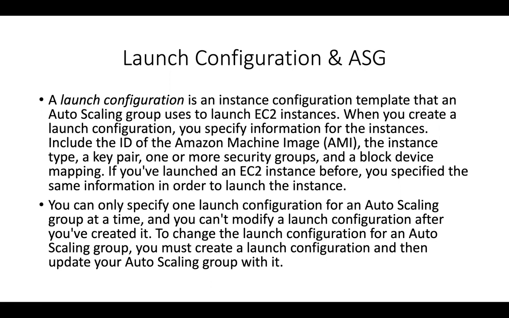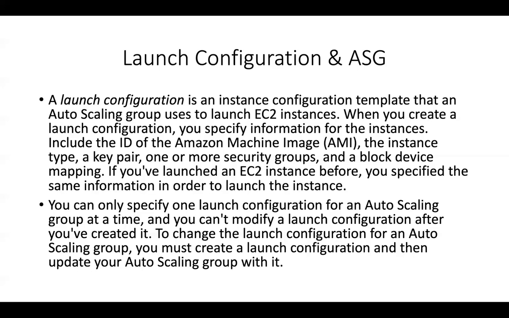So when we look at the demo for this, you will get to know that the launch configuration is nothing but the exact same steps that we will do when it comes to creating an EC2 instance. So all the necessary configurations, such as the AMI ID and the instance type, then we will specify the EBS volume for that instance, and we will also have to mention one or more security groups. And then all that we have to do at the end is create tags and choose our key pair. And then automatically it is going to redirect to the auto scaling configuration. So launch configuration is pretty simple.